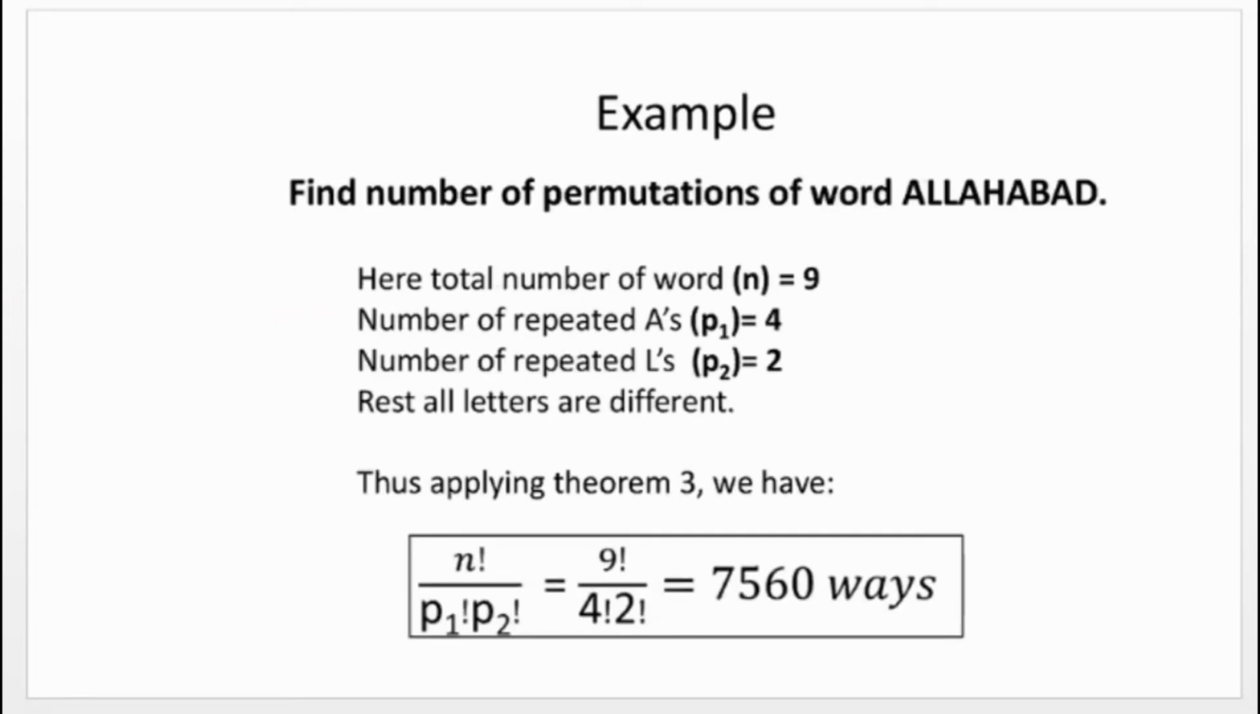Here, find the number of permutations of the word A, L, L, A, H, A, B, A, D, alphabet, right? In this word, how many different letters? A, L, L, A, H, A, B, A, D. Total number 9, right? Using these 9 letters,